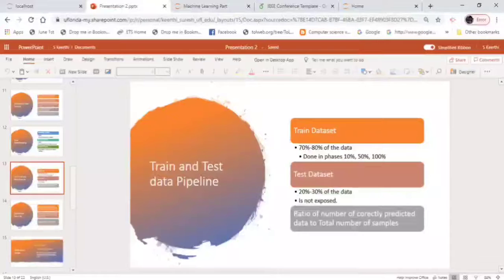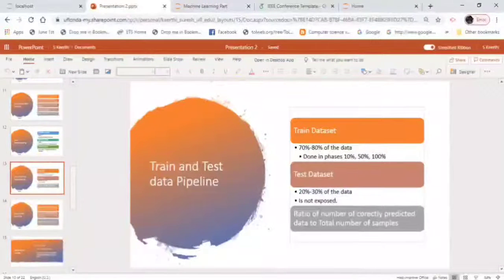Let's talk about the train and test data. Whatever data we obtain from the signal processing pipeline, we clean using data pre-processing. After that we have to train the model. For this purpose, the general rule of thumb is we divide the entire data set into two parts. One is the training data set and the other is the test data set.